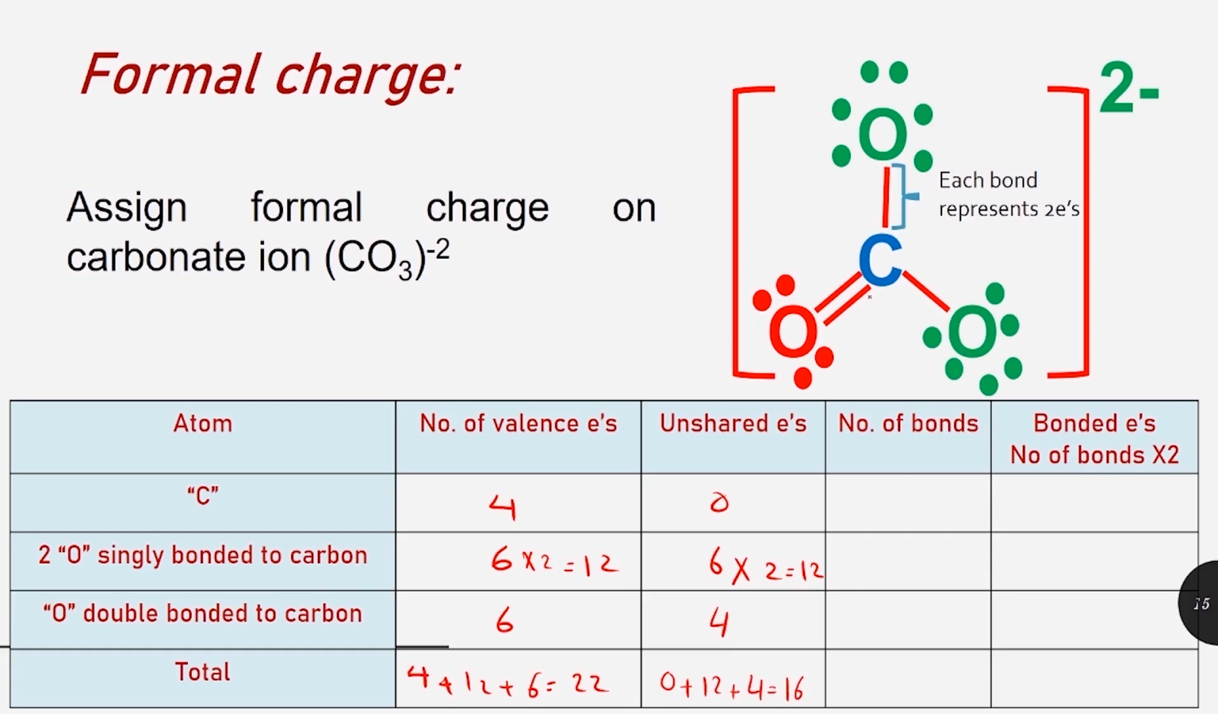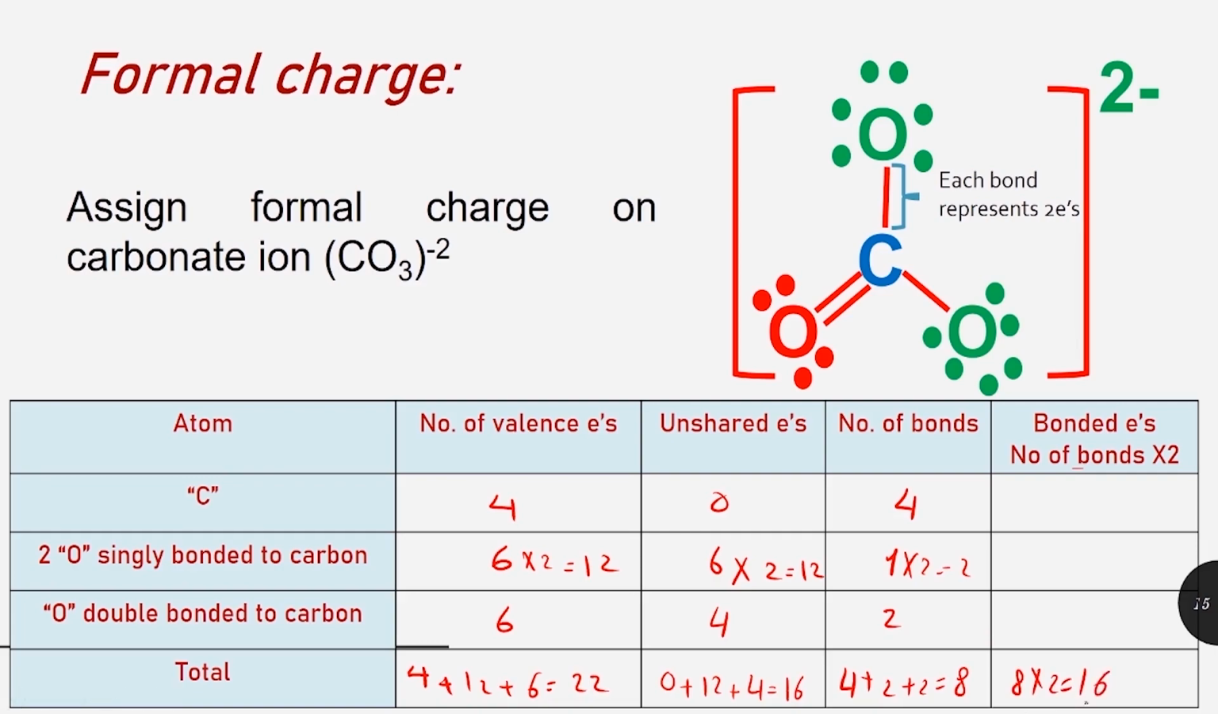Now moving to the number of bonds. Remember, after we count the number of bonds, we will multiply it by 2 because each bond is formed of 2 electrons. So carbon has 4 bonds and the singly bonded oxygens each has 1 bond, so we have 2, and the doubly bonded oxygen has 2 bonds. The total number of bonds is equal to 4 plus 2 plus 2 equal to 8 bonds